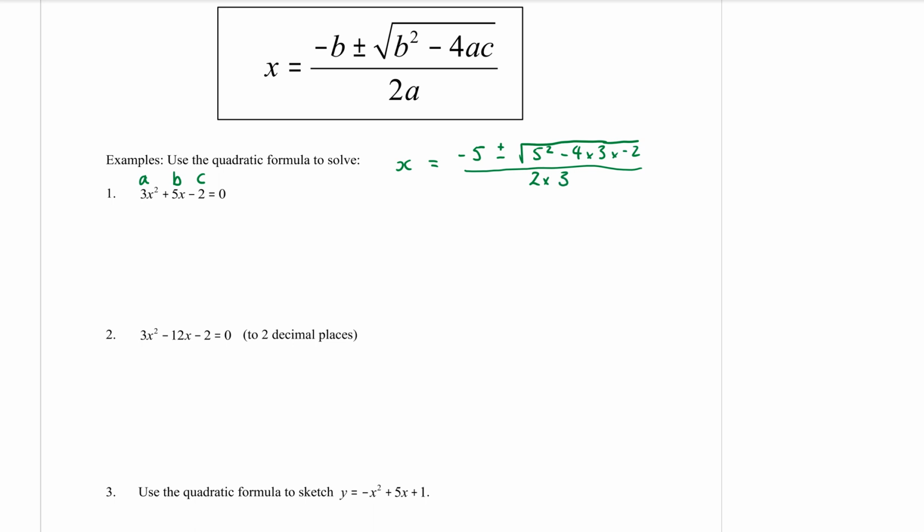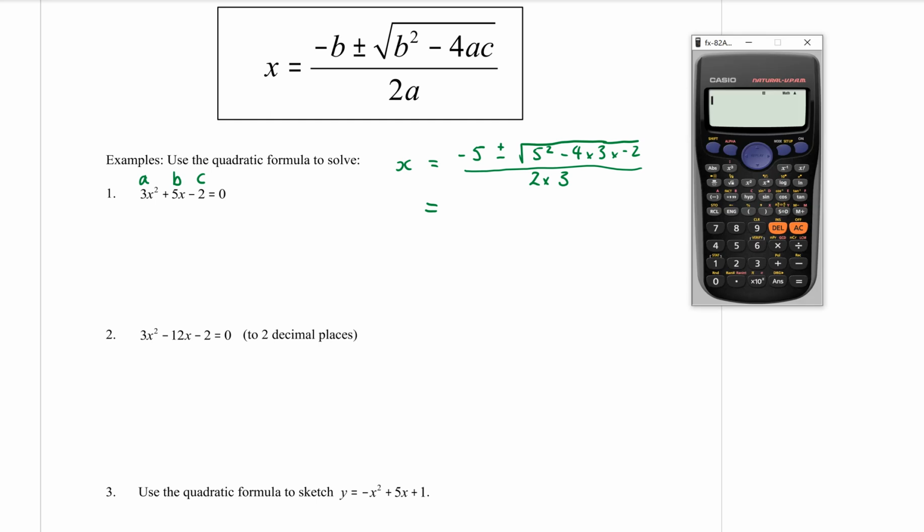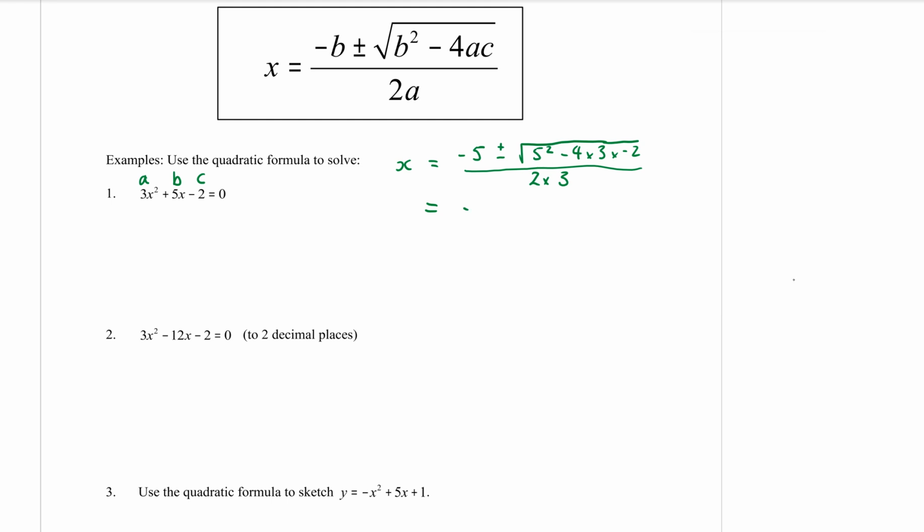Now, it is possible to type all of that into your calculator and get your solutions from there. However, we do often like to have our solution in exact form. So if that happens, what you do is you just type in the numbers underneath the square root sign. So, for example, for this one, I'm just typing in 5 squared minus 4 times 3 times -2, and I get 49. Okay, so I leave everything else, -5 plus or minus square root of 49 over 2 times 3,